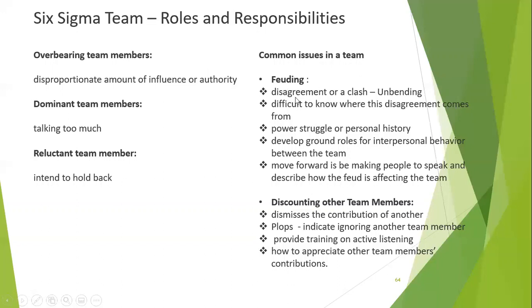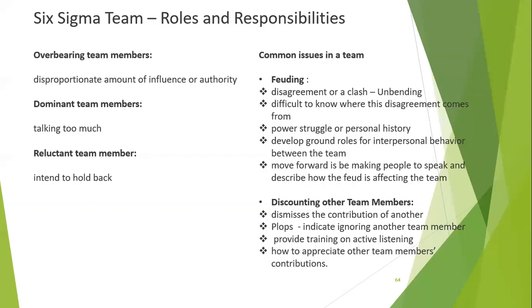And then forcing. This is a major, common clash in the team: forcing, and then discounting the other team members. These two will happen whenever you have a team meeting or team responsibility. So you should understand this and know how to handle it. Forcing, disagreement or a clash: for example, some people in your team will not accept anything whatever they are saying; they are ready to disagree or come for a clash. We call that unbending. They will not adjust. The problem here is they may be an individual player, but they are not a team player. So that is a challenge there.